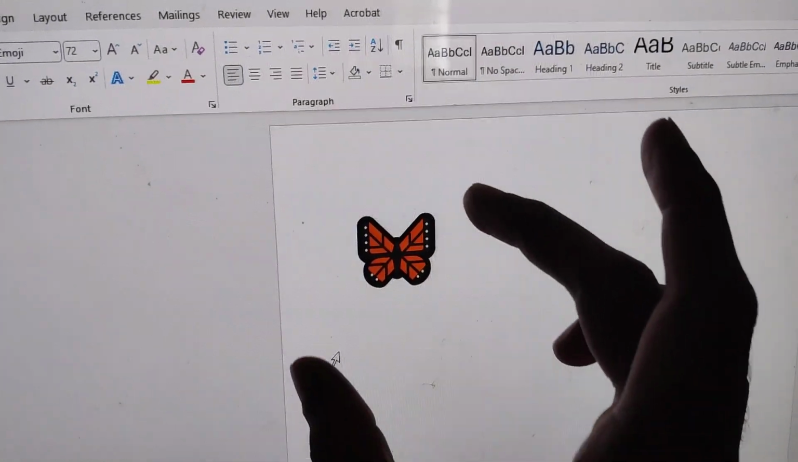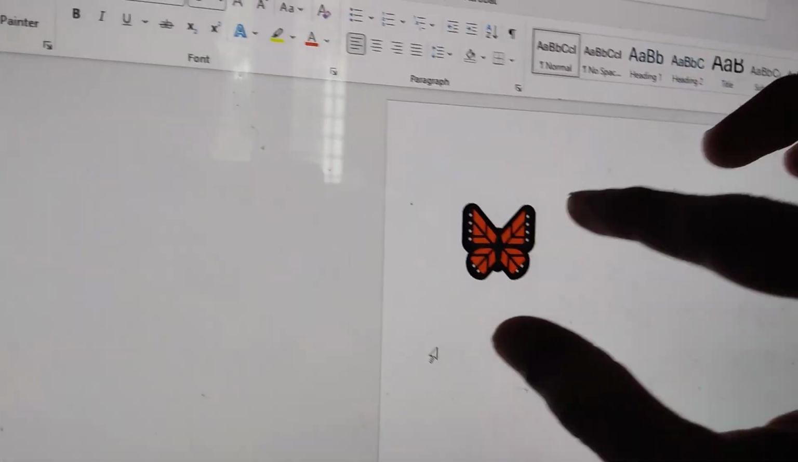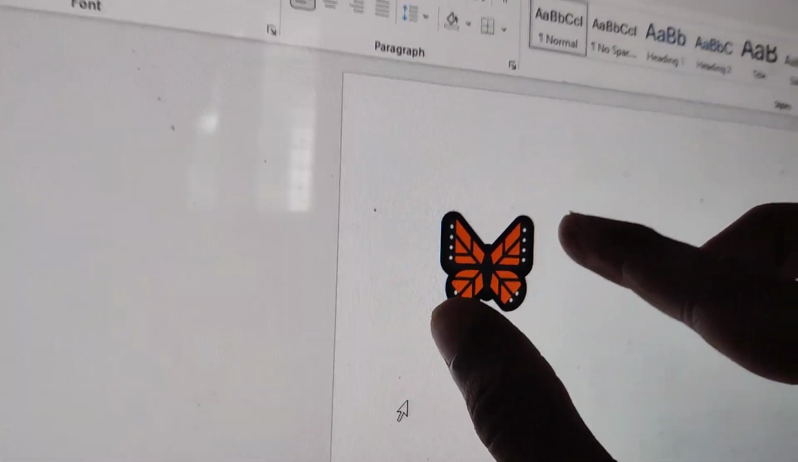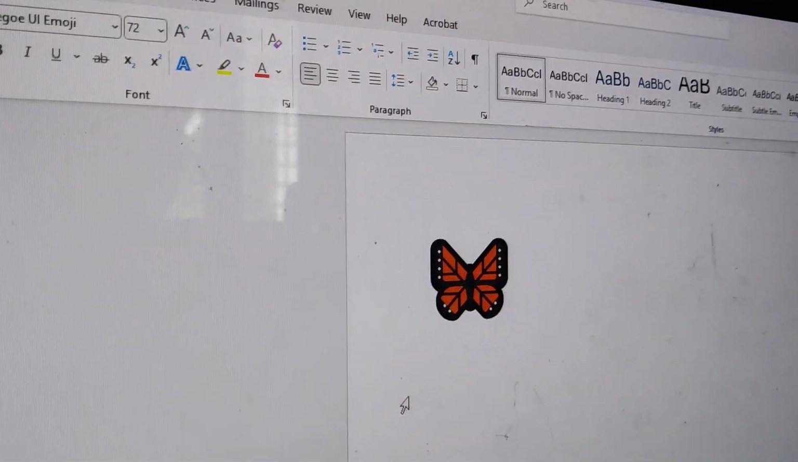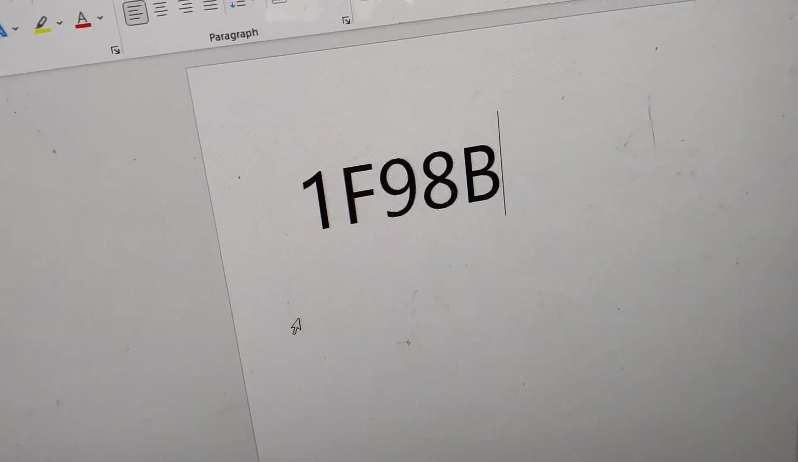I opened Microsoft Word on my Windows computer and I created this butterfly in MS Word. And if you wonder how I created this butterfly symbol, this is a very easy method. Simply open Word, and after that you must type like this